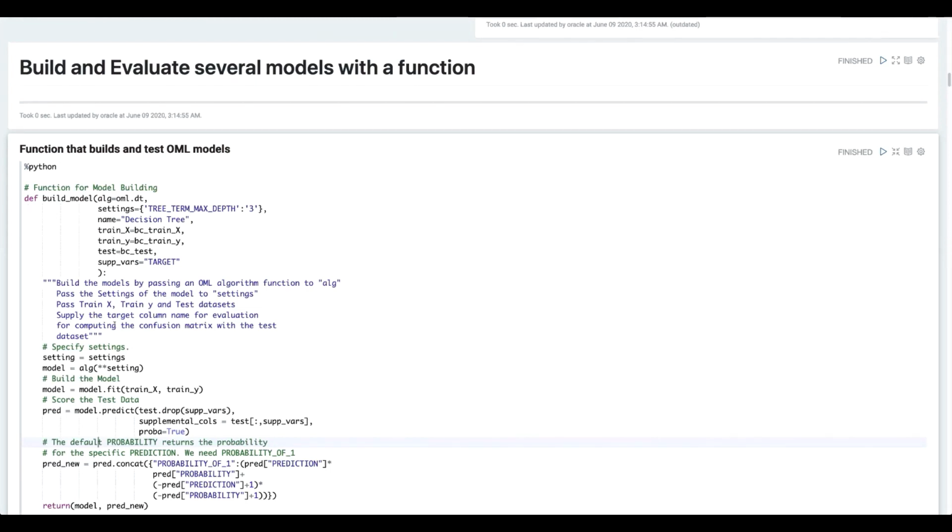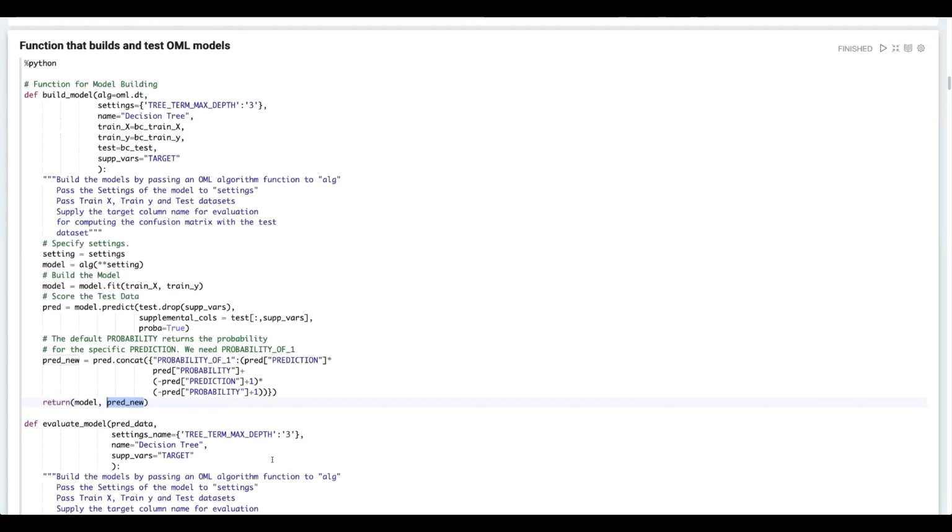So with this little function, I'm returning the model object itself, and I'm returning that prediction data frame. The prediction data frame contains my original prediction, 0, 1. It contains my target because I asked it to keep the target. It contains the probability of my decision, and it also now contains a new column called probability of 1. So this simple function helps me with that, and it's very simple, very easy. Now,